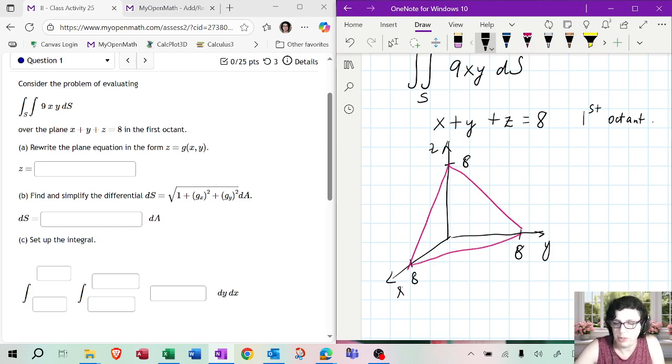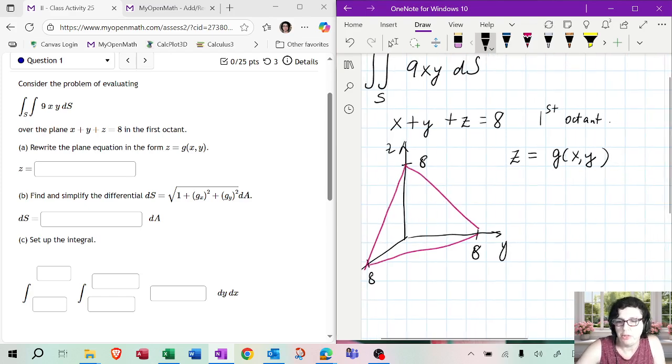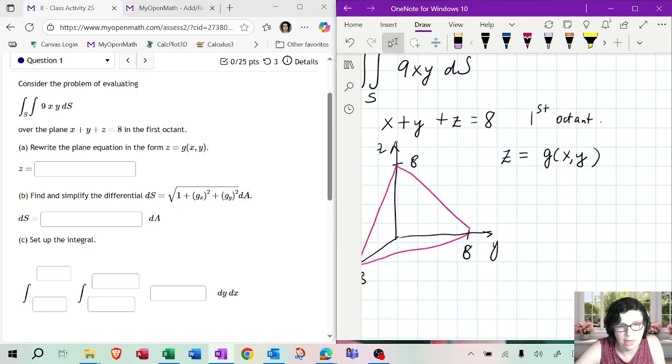Okay, so what we need to do to solve this problem is first convert to a regular double integral. And the way we're going to do that is first we're going to try to see if we can write the surface in the format z equals g of x, y. So I don't usually cover the parametric representation of surfaces. I just say, okay, if the surface can be represented as z equals something, then I could do it. Otherwise, see some other upper level class.